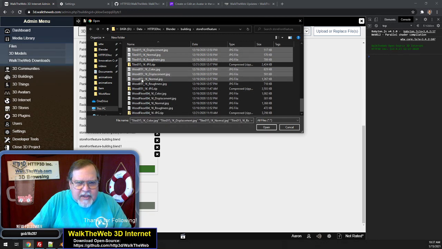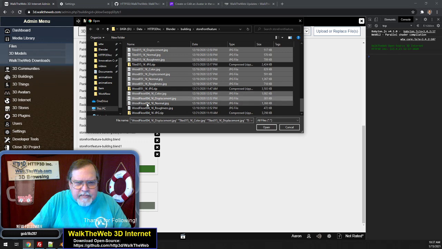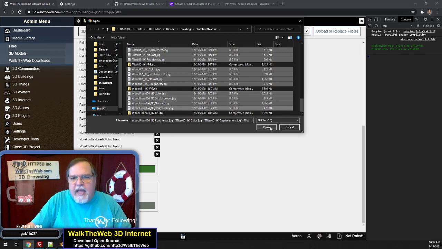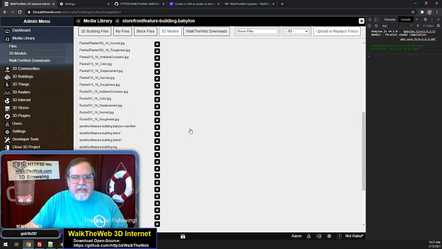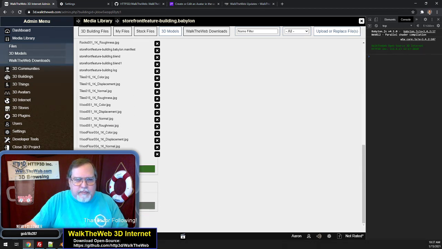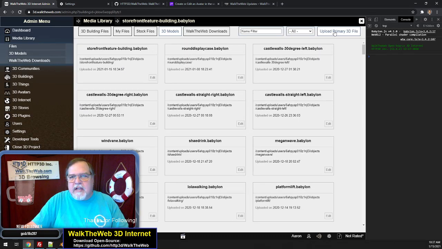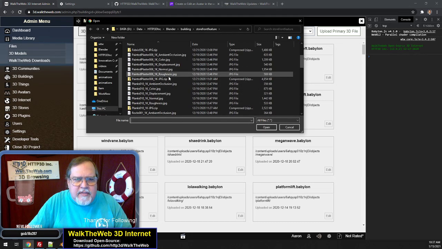Of course, we have the couple different wood patterns. And that should catch all those pieces. I'm going to go ahead and upload all 4 of these pieces that we created first, and then I'm going to go back through and add them to the scene and show you how we create the building in there. Okay, so that takes care of that one. Click close. Now I can tell it upload primary again. And in this one,